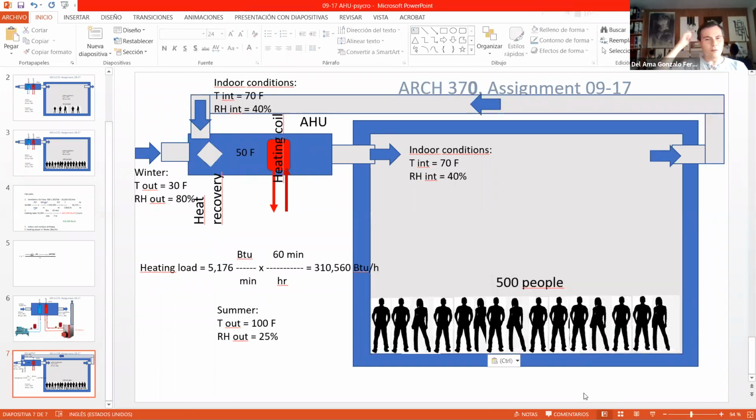Okay, so I'm not changing the design of the building. I'm changing the ductwork. So it's complicated, and I have to think, oh, now I need to hide this duct. How can I do it? Okay, it's more work for architects, but it's worth it because we are saving half the energy or half the money